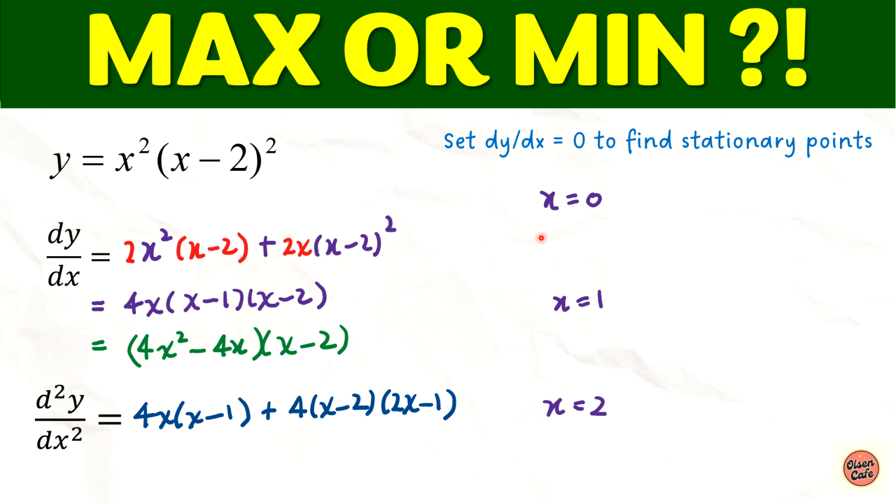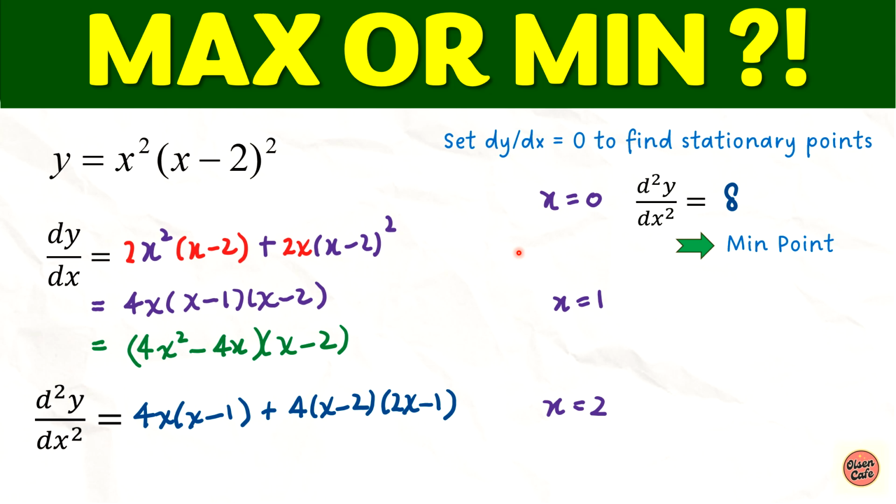By substituting this into the second derivative, I will get 8. You can see this term gives you 0, so I multiply them together and I will get 8. Since the second derivative is greater than 0, I can conclude that this will give us a minimum